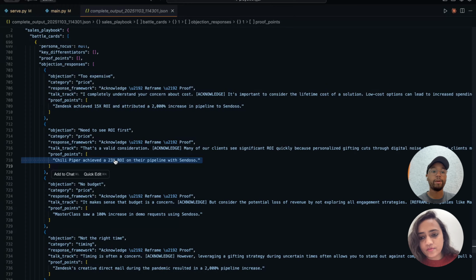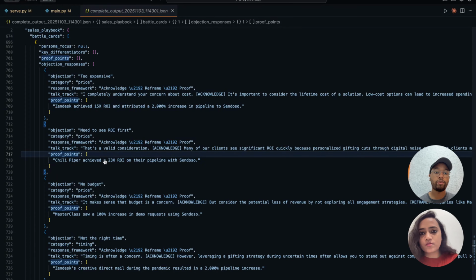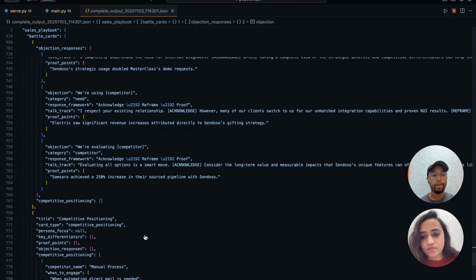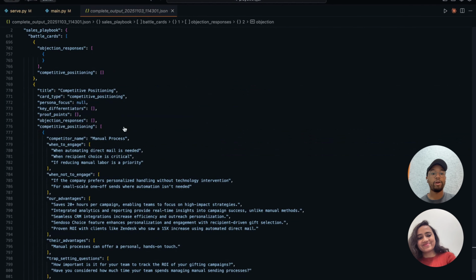further up the pipeline. So this company named Chili Piper had used this company Sendoso to achieve a 23x ROI. Pretty cool. And for other things as well. So like I can go on and on, but ideally everything that you would need as a salesperson, depending on what persona you're talking to, you have everything at your disposal to be able to go out and close that